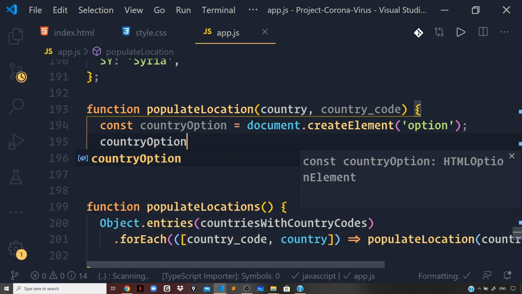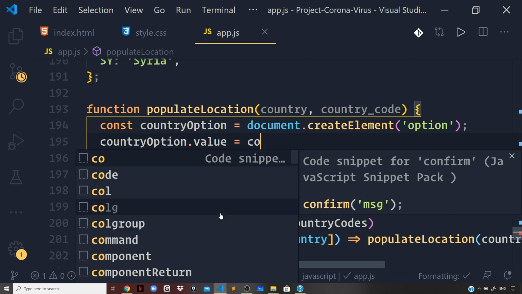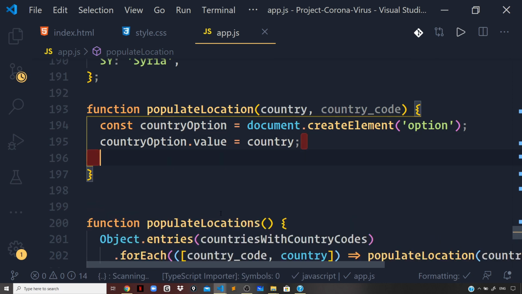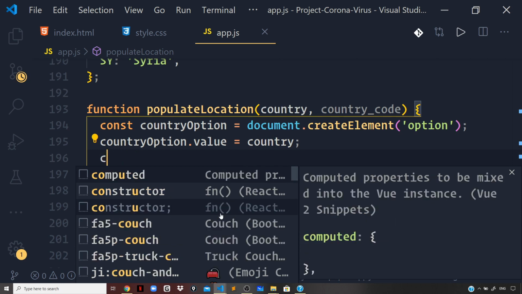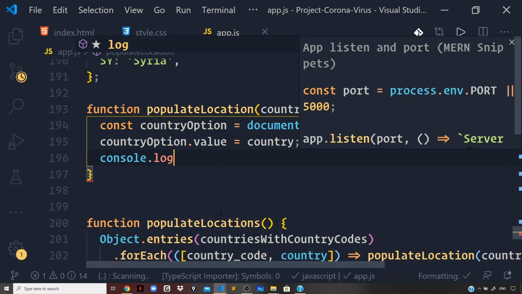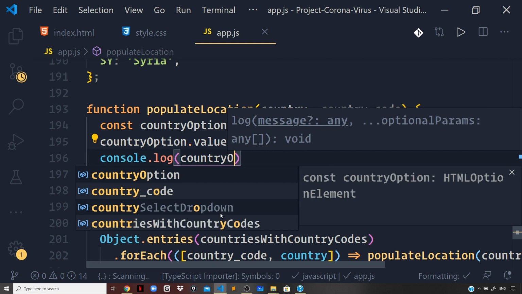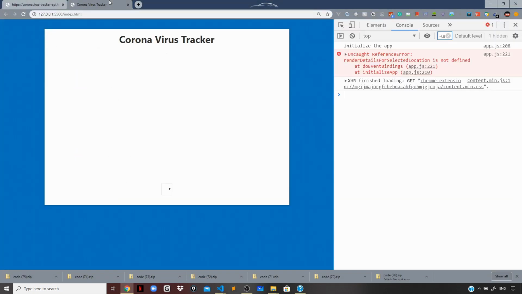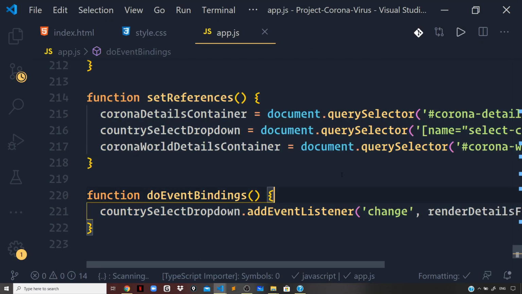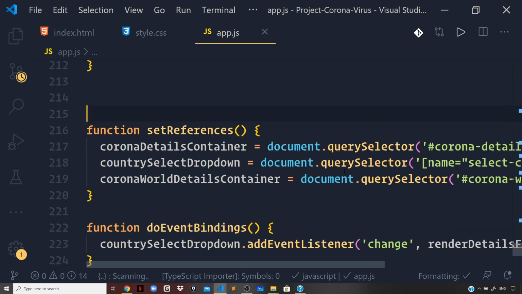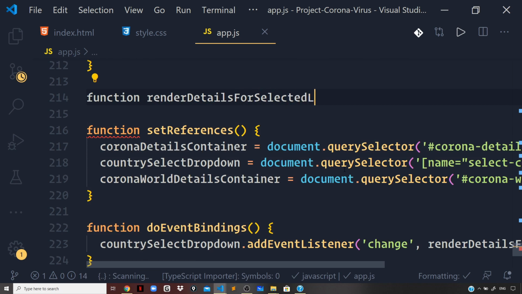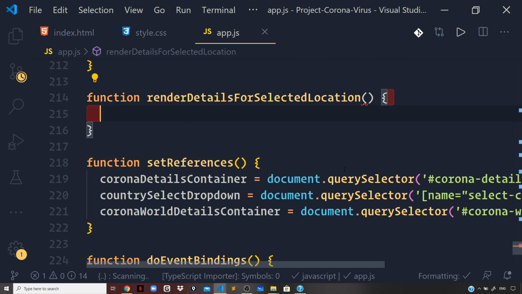So country option dot value, and I will pass on the country name here, then country option. So let us see what we get by logging this to the console first, okay. So if I go back to my application, it says render details for selected location is not defined, okay. So let us define a function for this as well, but this will do nothing for now. For selected location, console log,